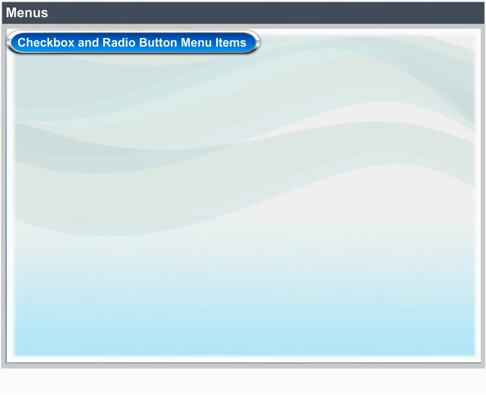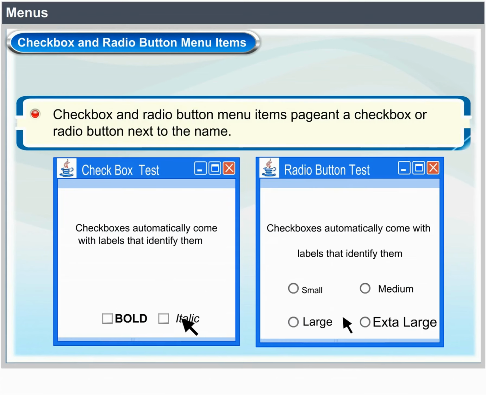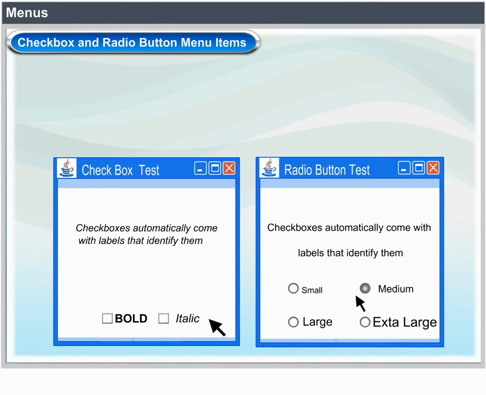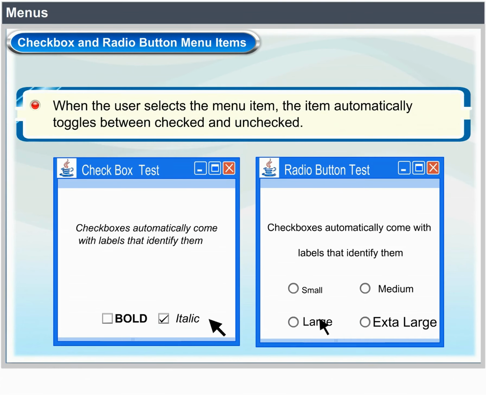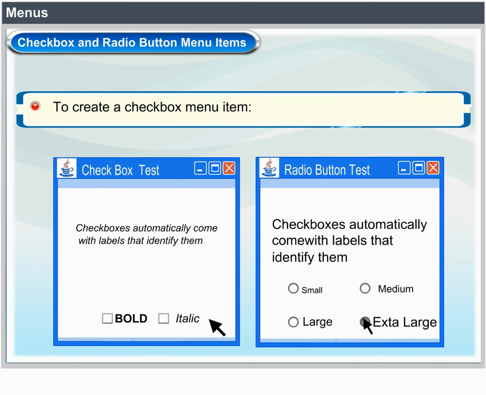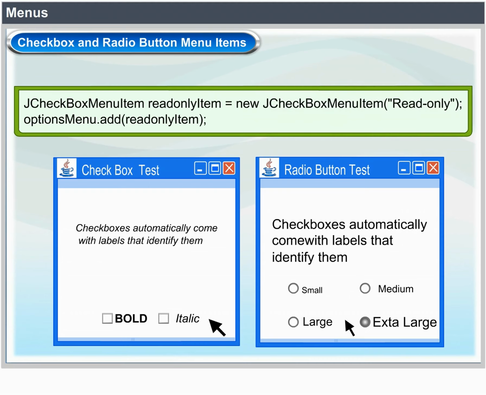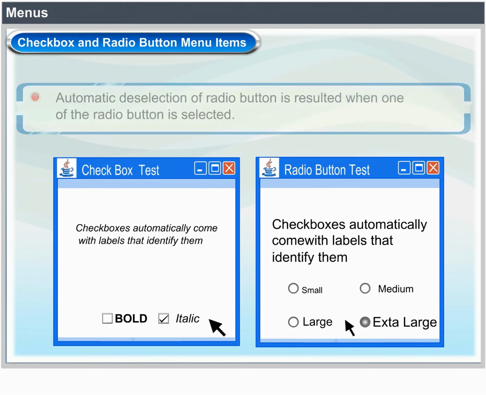Checkbox and radio button menu items. Checkbox and radio button menu items display a checkbox or radio button next to the name. When the user selects the menu item, the item automatically toggles between checked and unchecked. To create a checkbox menu item: JCheckBoxMenuItem readOnlyItem = new JCheckBoxMenuItem("Read-only"); optionsMenu.add(readOnlyItem);